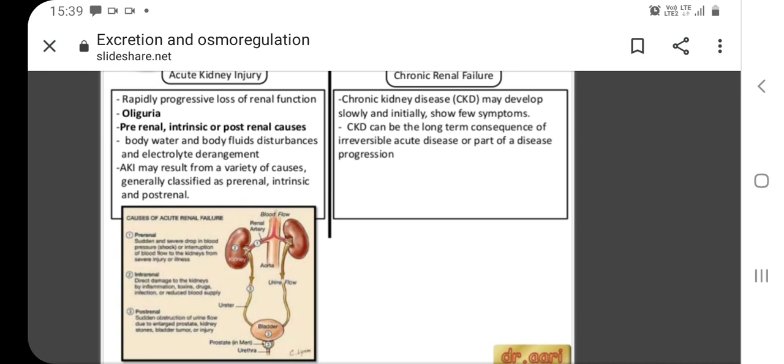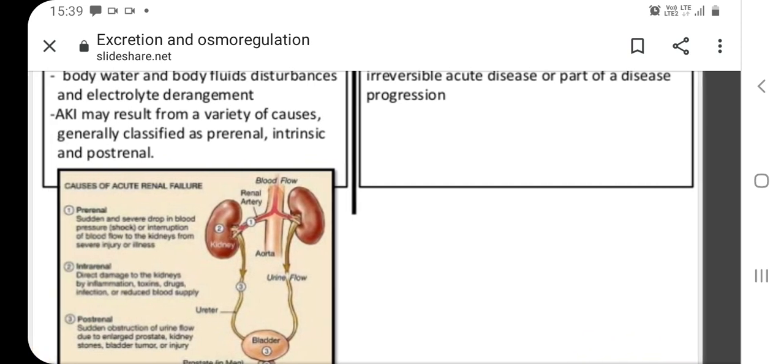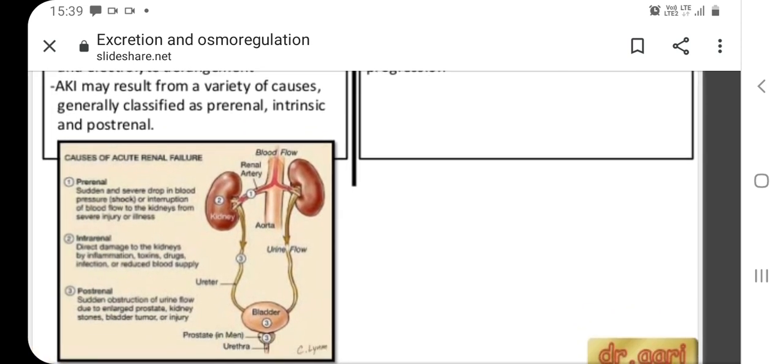Could be due to diabetes, could be due to some high fever, some idiopathic causes, some unknown reason. The causes of acute renal failure may be